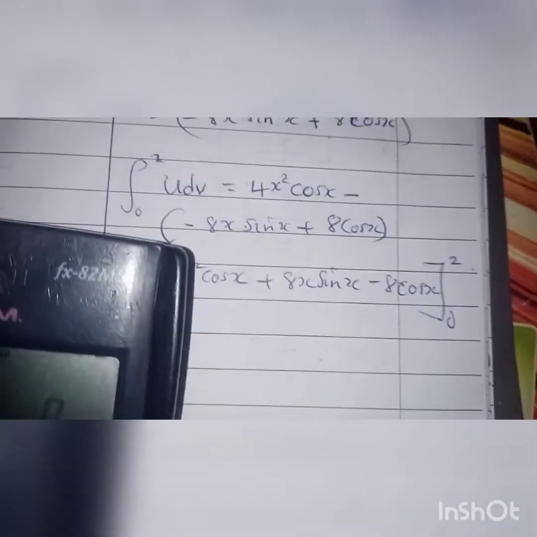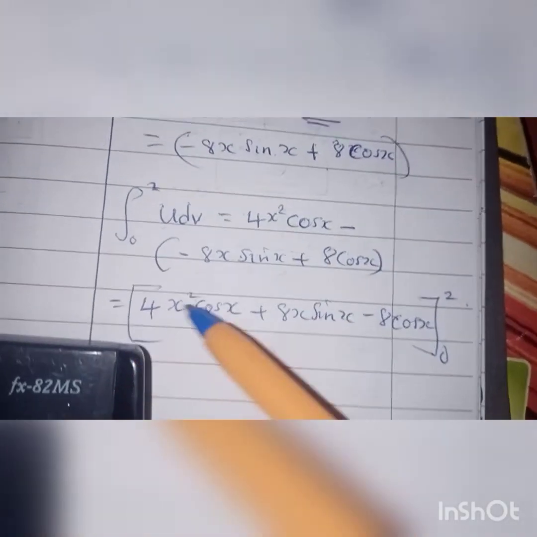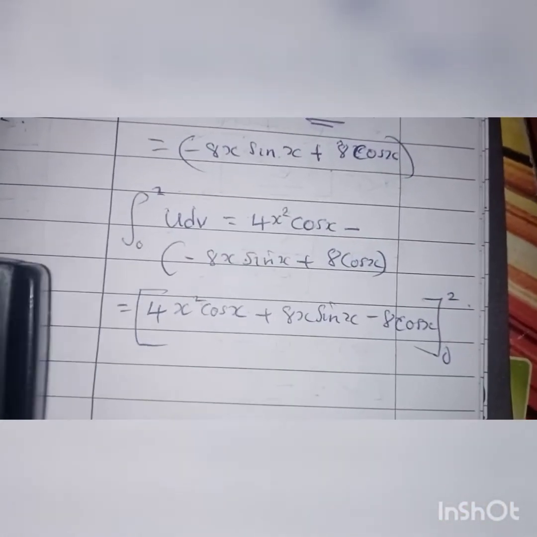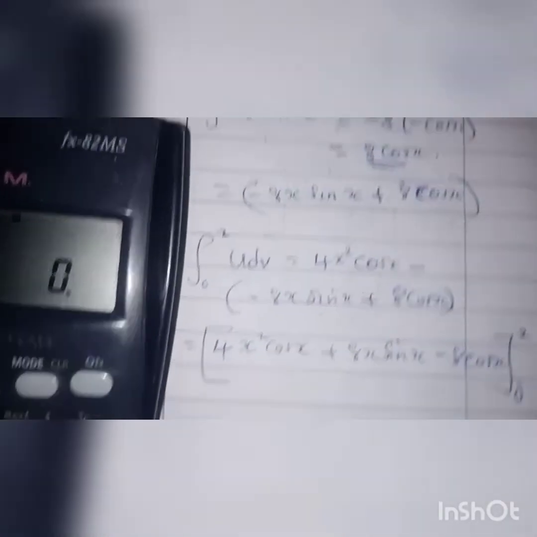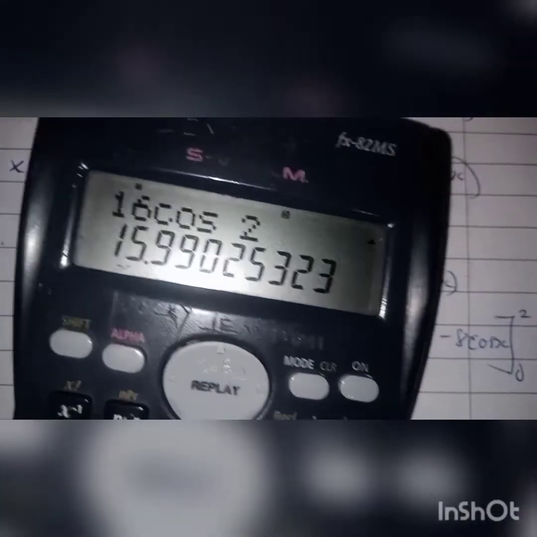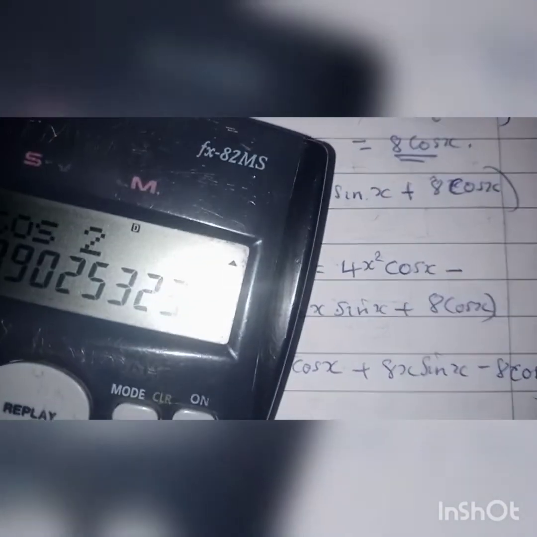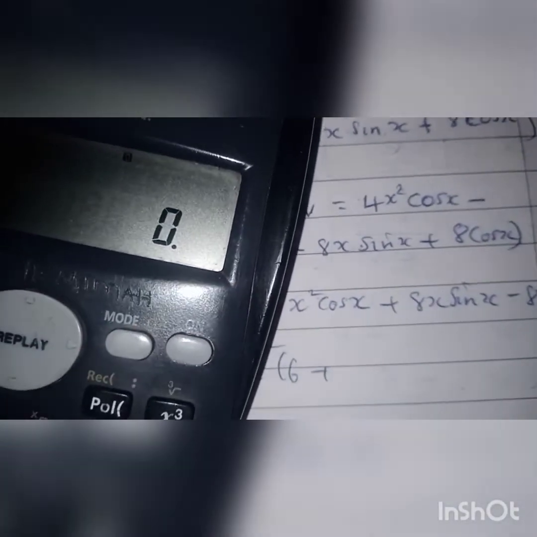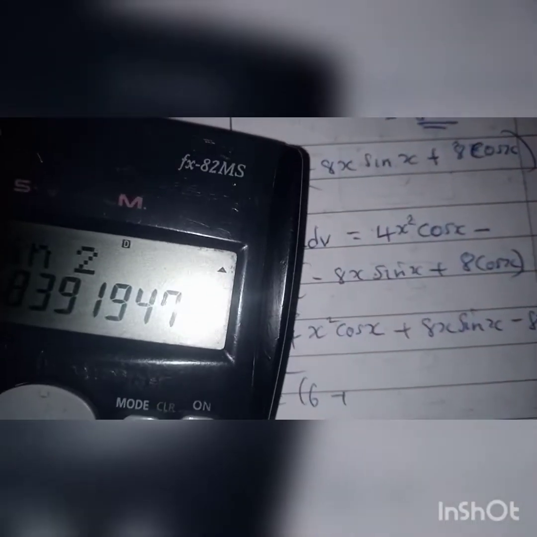So substituting the values of x, we'll substitute with 2 there, it will be 2 squared. So 2 squared is 4. So 4 times 4 is 16. So key in 16, then cos of x, and x, we know, is 2. So cos of 2. What is the result? The result is 15.99, which is the same as 16. So let's say 16 plus 8 times 2, which is 16 also. 16, then 16 sine of, key in sine of 2, which gives us